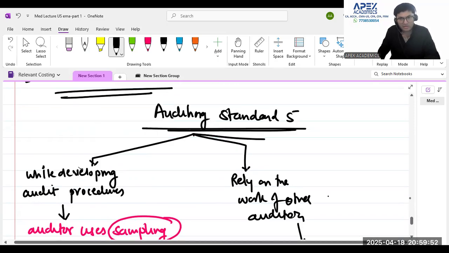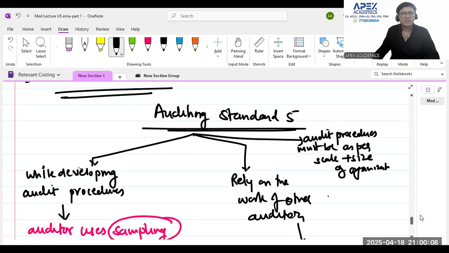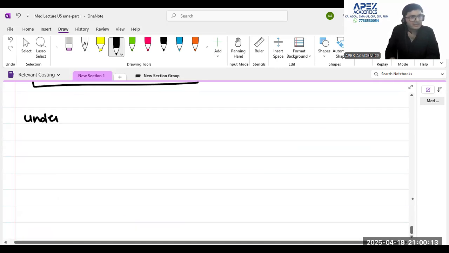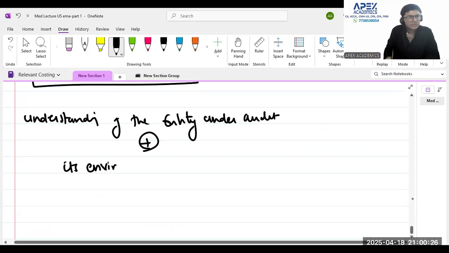And remember, audit procedures must be as per the scale and size of the organization. Please try to understand one thing. Understanding of the entity under audit plus its environment